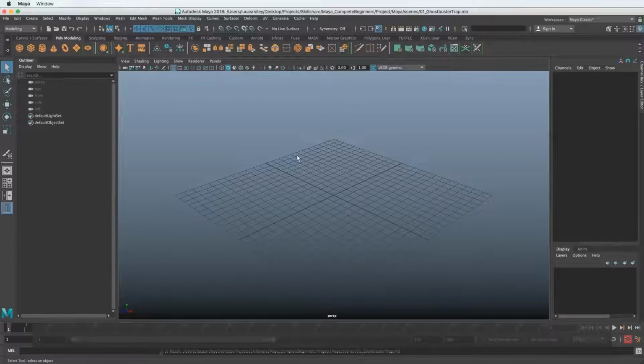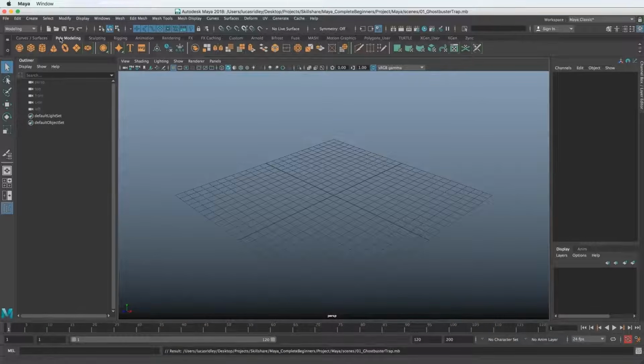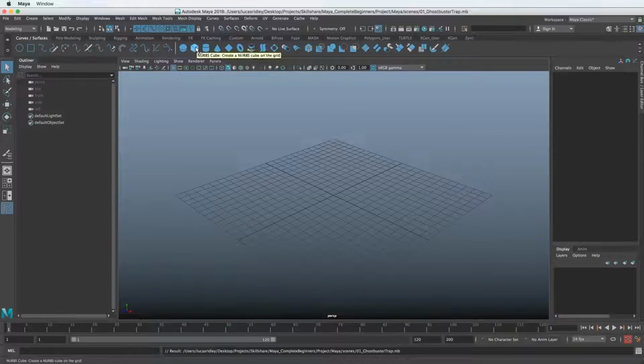So in Maya, there's a couple different ways we can create things. We have this shelf here, the poly modeling shelf, and there are curves and surfaces here, which, it looks like they have similar things, but these are called NURB surfaces. And these aren't very useful for modeling and animation.